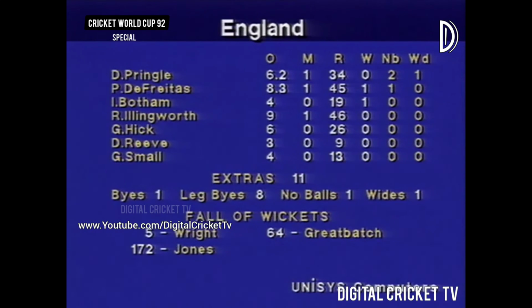Botham took 1 wicket, but he went for nearly 5 runs per over. Illingworth did go for 5. Graeme Hick bowled usefully enough, but really too expensive. And Gladstone Small, the big surprise was that he came on to bowl so late in the New Zealand innings, and Gladstone Small was one of the few